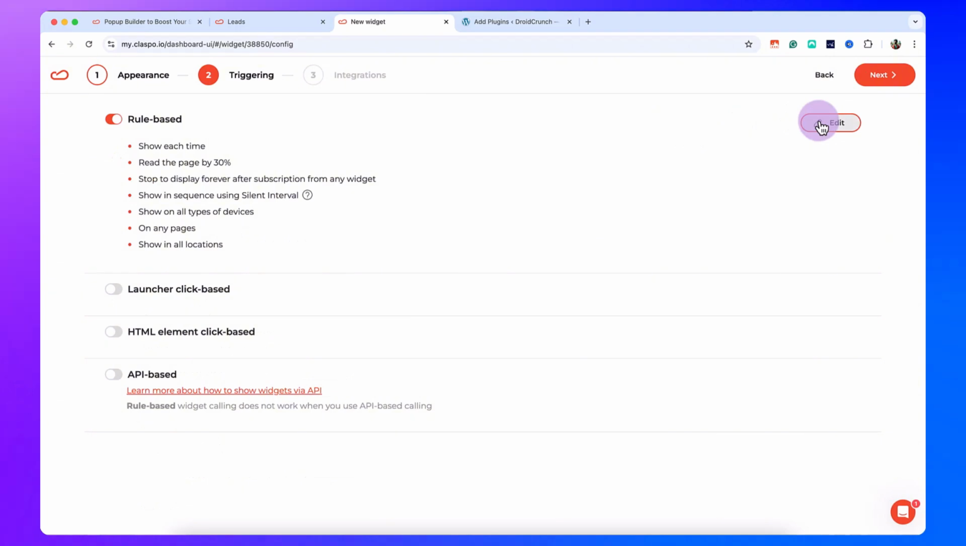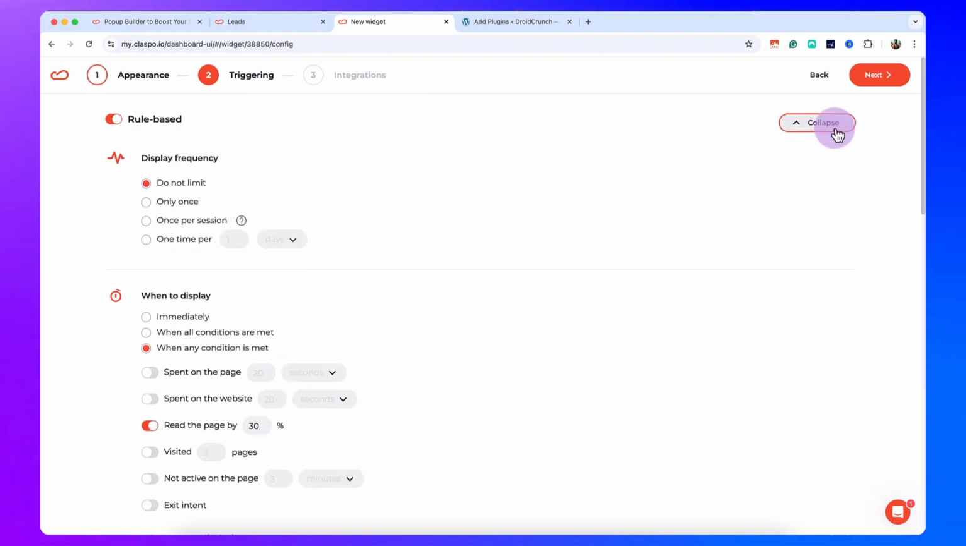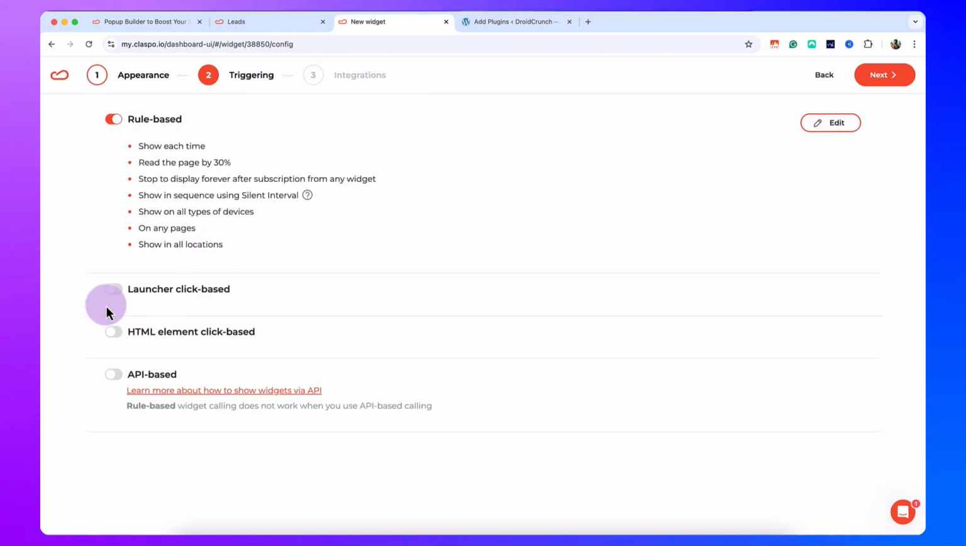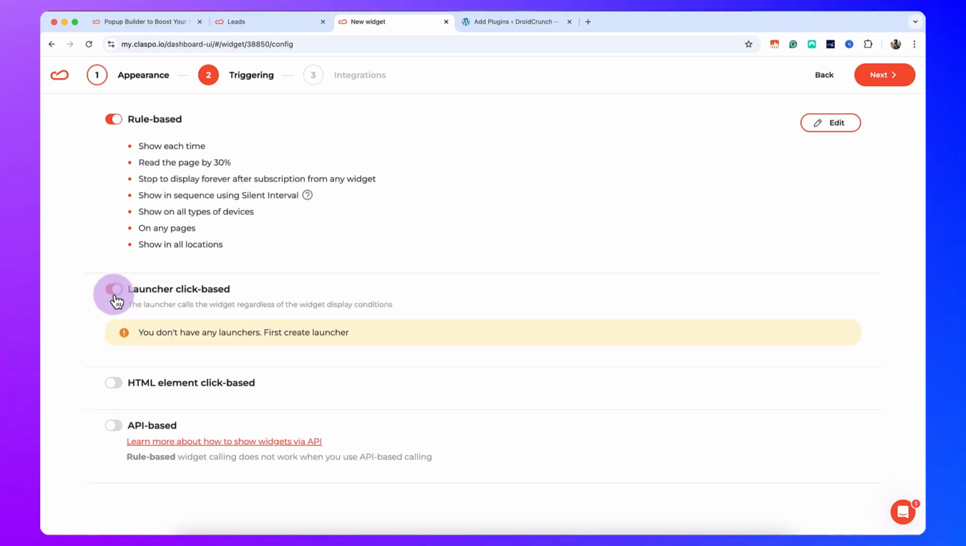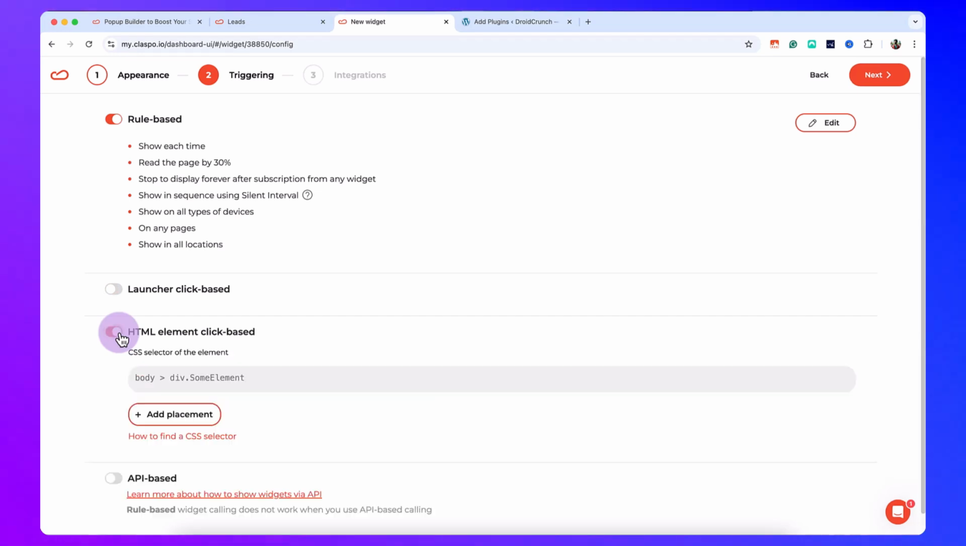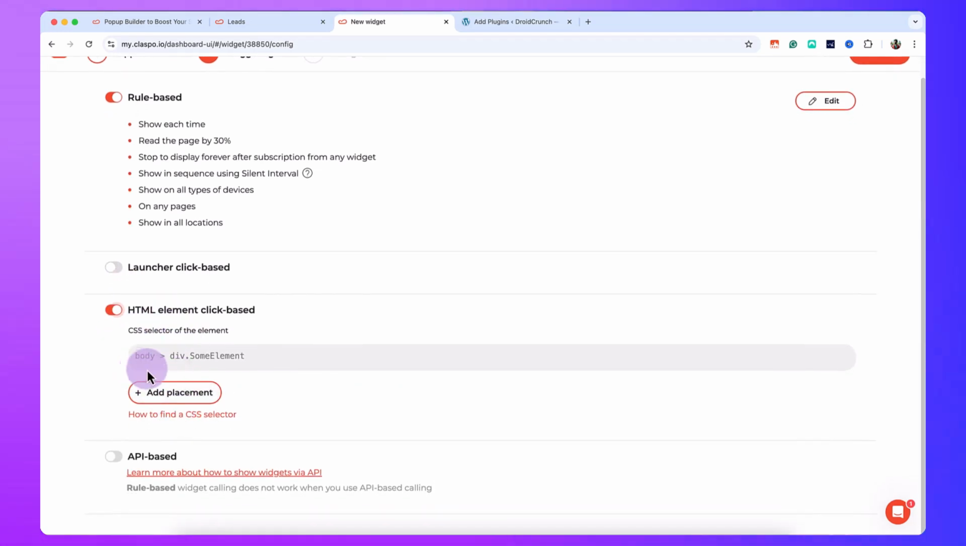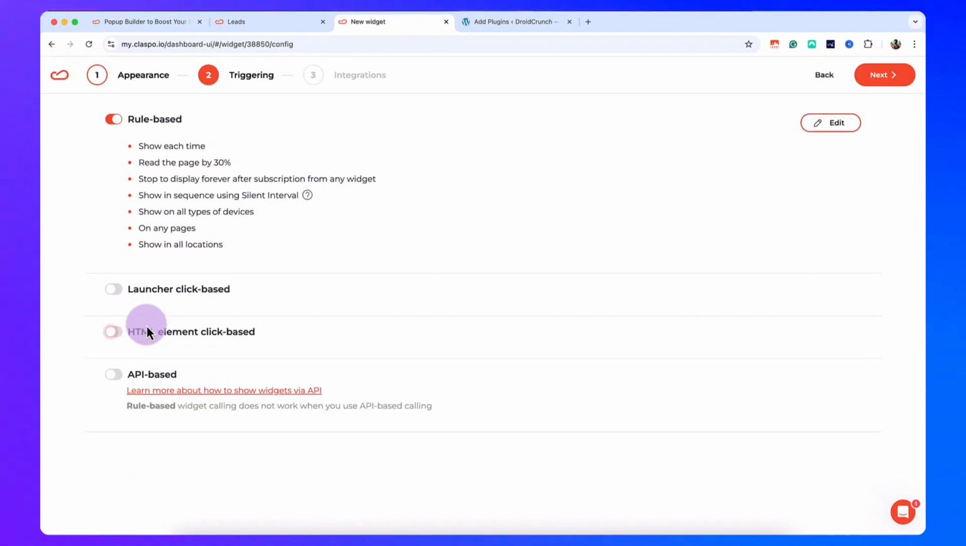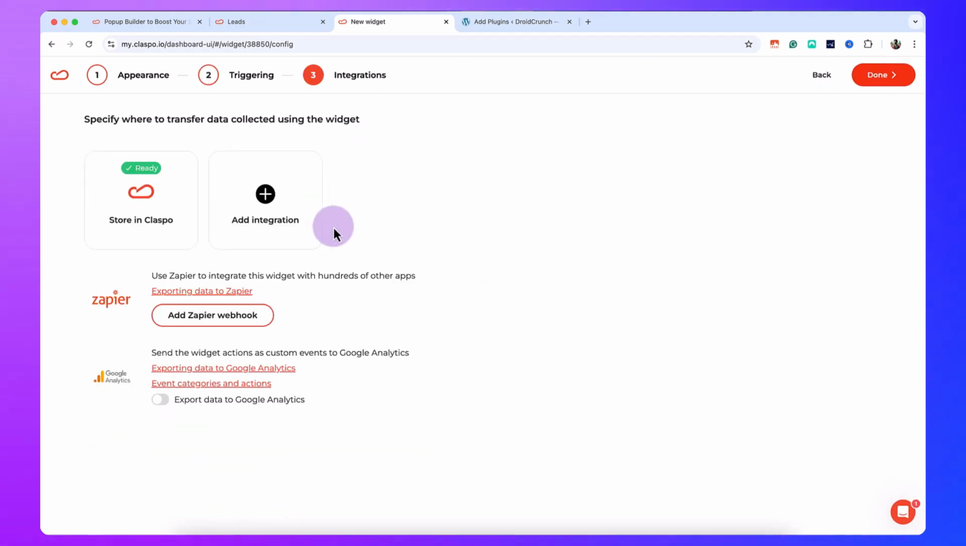So now I can collapse it. Okay, it is saved. Launcher click based. The launcher calls the widget regardless of the widget display conditions. I don't have any launcher at the moment. HTML element click based. I can use these selectors as well. So for now let's click on the next option, and here I have these